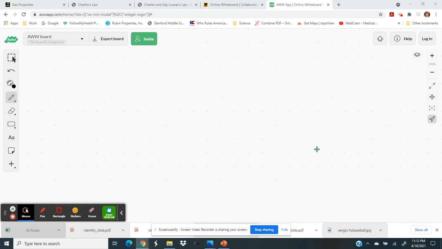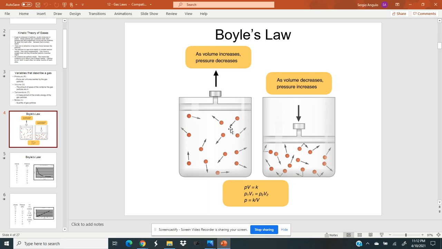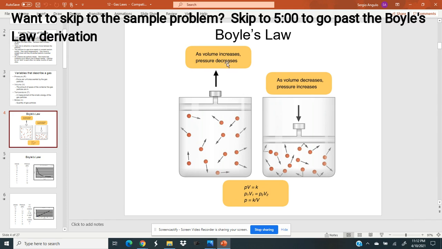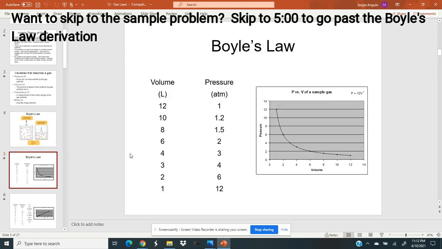Okay, so this video is going to show how to use Boyle's Law. We went over Boyle's Law real quick last time, and we're going to get better acquainted with it. We talked about Boyle's Law as showing the relationship between volume and pressure, and you can